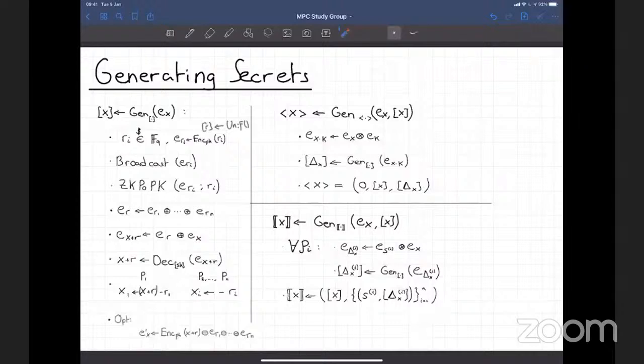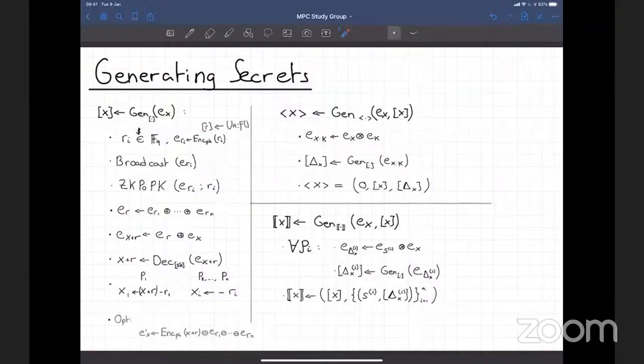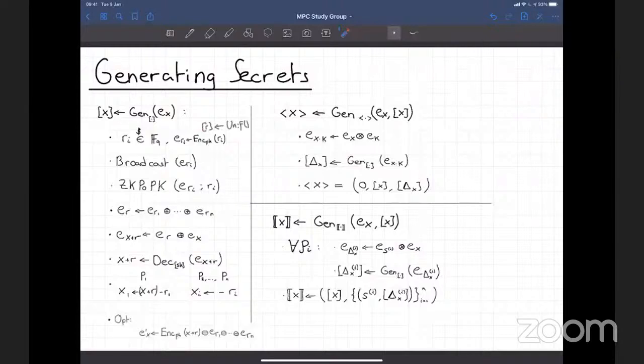But then these things need to be reshared, right? So resharing uses the thing on the left, which is not a local thing. Yes, these are all protocols that you're going to be executing in the offline phase, or the pre-processing. How is that possible? I mean, you need inputs to do it. Okay, so that's the thing, because actually the inputs are going to be generated using all of these techniques.